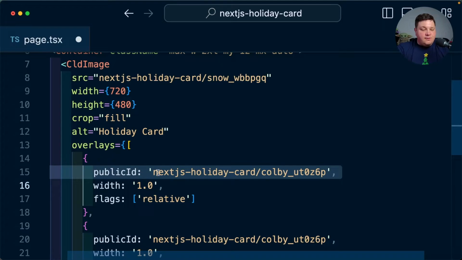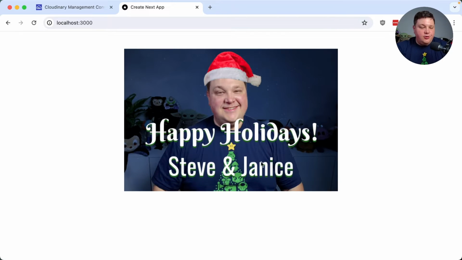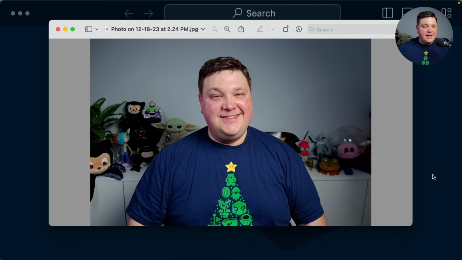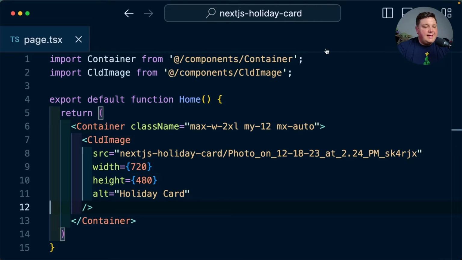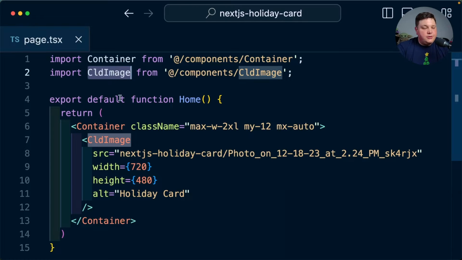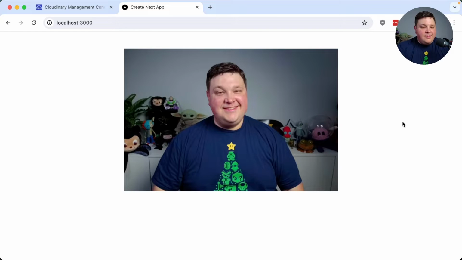We can use code to generate personalized cards for each one of our friends, family, and customers. To get started, I took a quick shot that I'll use as my photo for my card. I've gone ahead and uploaded it to my Cloudinary account so that inside of my Next.js app, I can use the CldImage component from Next Cloudinary in order to reference it by its ID. And that'll give us our base canvas for the card that we're going to build,